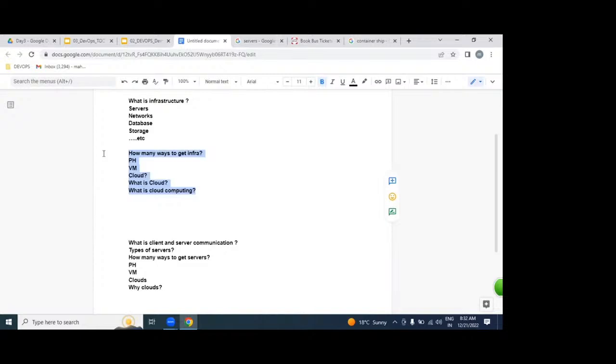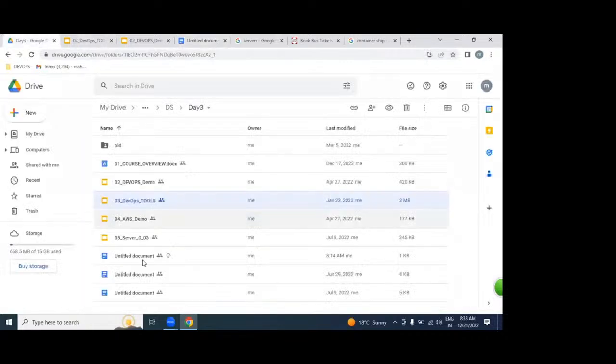Very simple way. The RAM and servers are located in a remote place, somewhere else. If we can control or access them over our network from a laptop, that is nothing but a cloud. Very simple way. Okay, fine. Let's come to the definition point of view. So what is a cloud? Anybody help me?